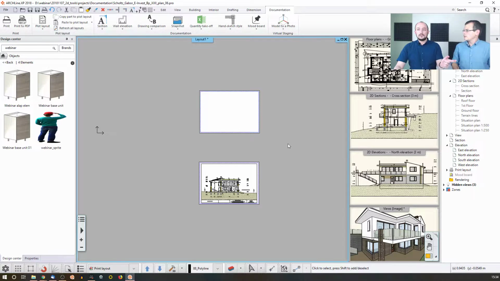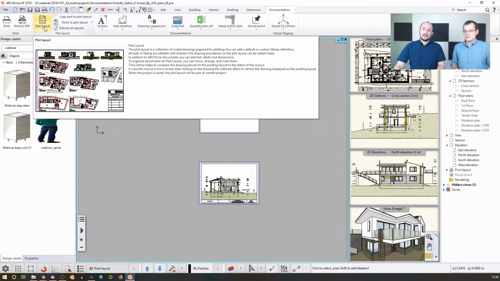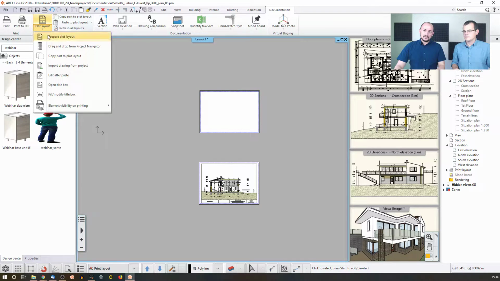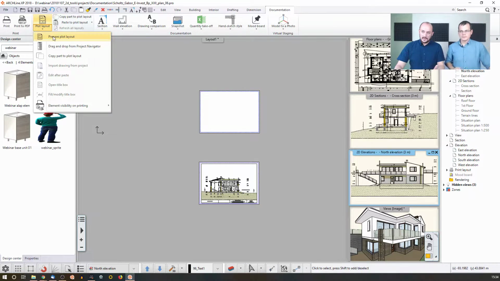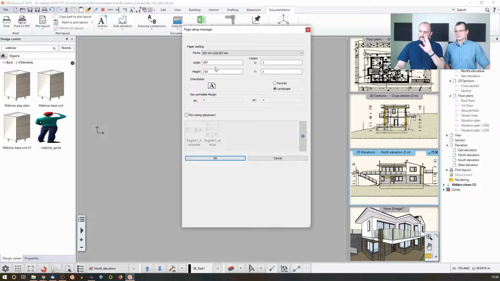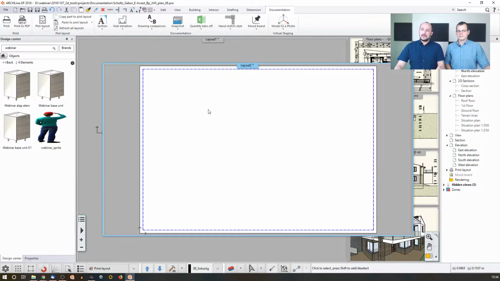If I would like to create a new book, I can still click on prepare plot layout, but in this case this should not be the active book, because in that case I'm opening a new page in this book. I just click anywhere else and then I go and say, okay, prepare a plot layout. The function is the same. I just hit OK, and then now I have a new book, a layout 2, with new pages, and I can add more and more and more pages. So